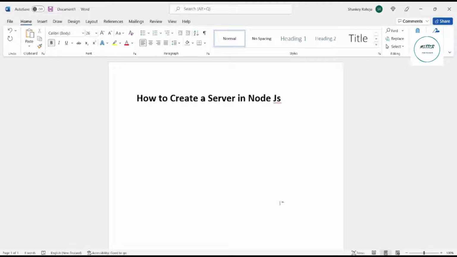Hey guys, in this video we will have a look at how to create a server in Node.js. In order to start this video, we have some requirements that need to be complied with before you start looking at this video and start creating a server in Node.js. So in order to create a server in Node.js, you must have Node.js installed in your PC and you must